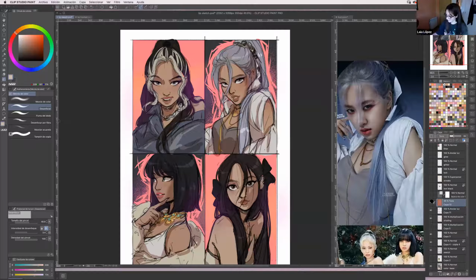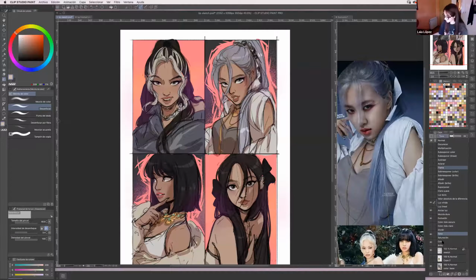What I do is basically a whole entire layer with this color. You can change the color to whichever works best for you. And it's the type of layer, it's tone layer. Sometimes I switch between tone and color, but color layer is a little bit stronger, as you can see.